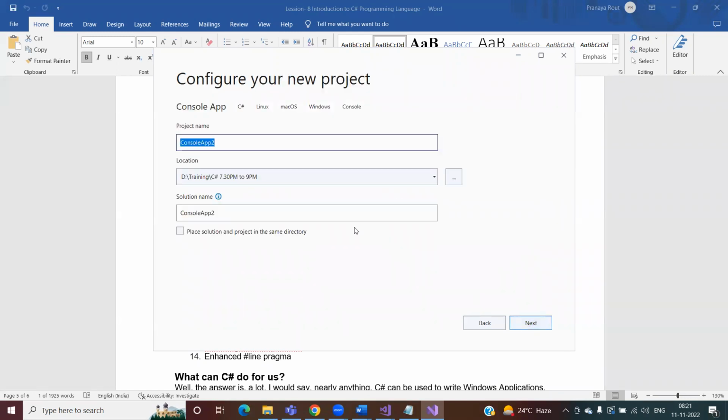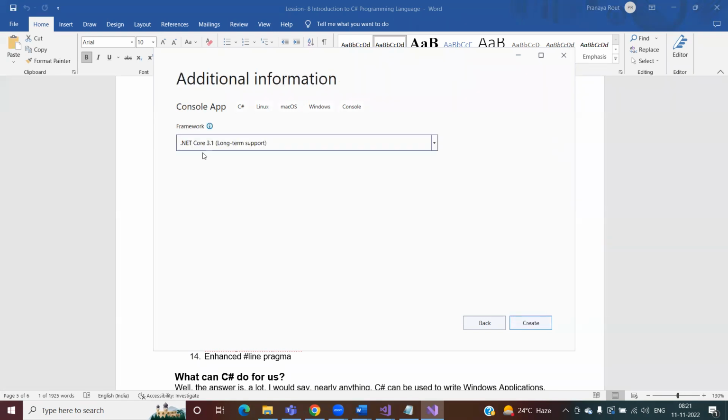Mac operating systems, right? So I'm creating one application, and while I'm developing it, they show what versions are supported: 2.1, 3.1, 5, 6. I have not installed 7.0, so you can see .NET 7.0 is not showing here. And 2.1 is out of support, and 5.0 is out of support. If you want to develop, you can use 3.1 or you can use 6.0, because they are providing support for